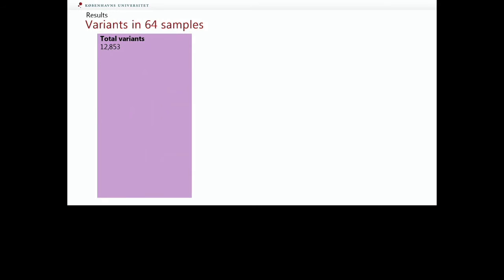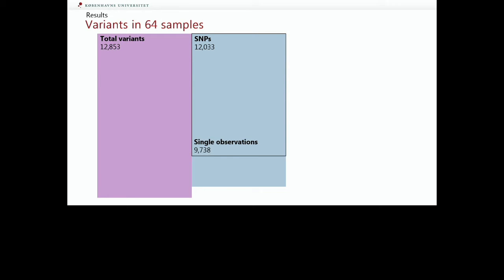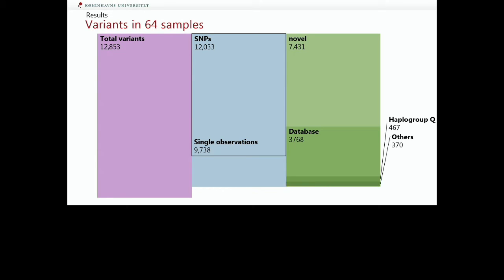So in these 64 samples where I did the laboratory work, we found nearly 13,000 total variants. The majority of those were SNPs, and around 10,000 were found in only one individual each. So of all these 12,000 SNPs, 7,500 were not previously annotated before, and the rest was in databases and other publications. And then the remaining 820 variants were insertions and deletions, with the majority being novel again, and then some